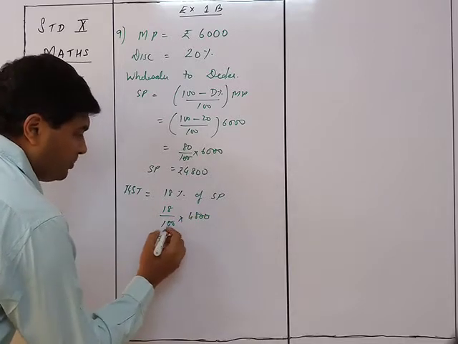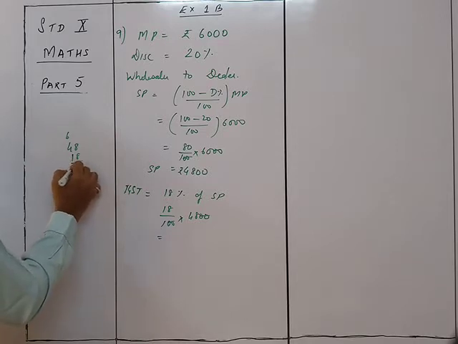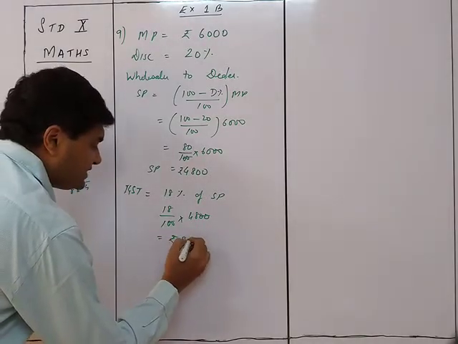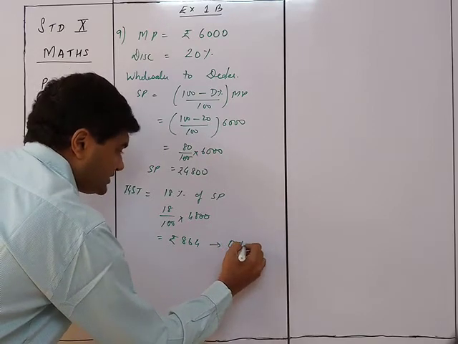That gives 48 into 18. 8 eights are 64, and so on, giving 864. So rupees 864 is nothing but the output tax